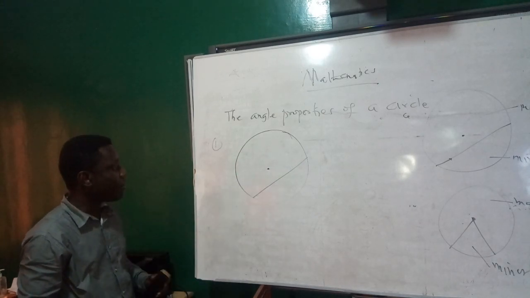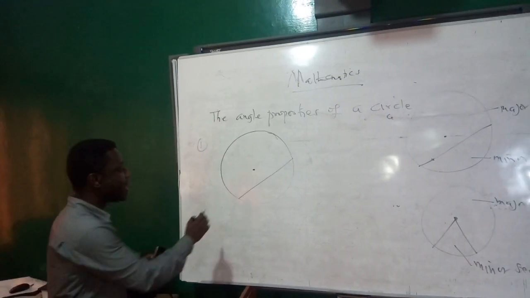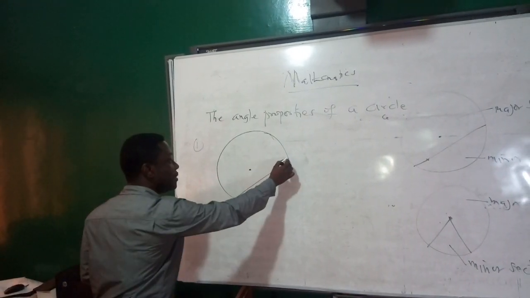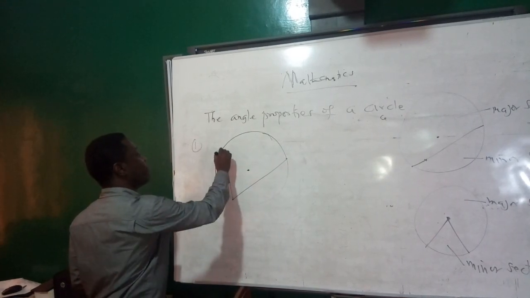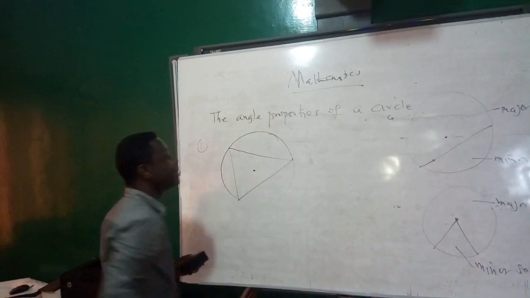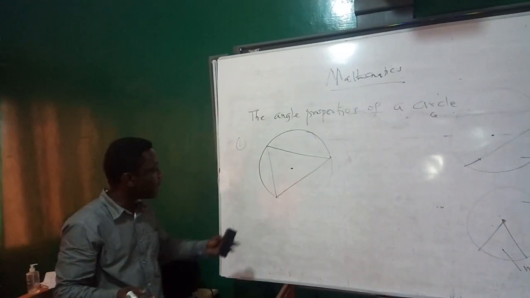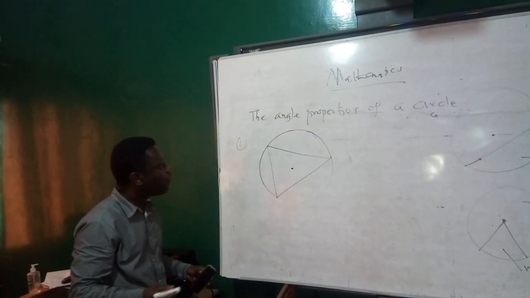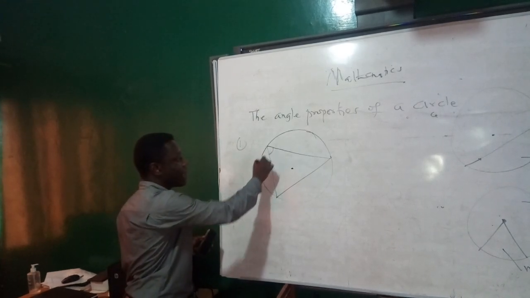If I'm restricting myself to the major segment, I'm saying that if the ends of the chord subtend an angle, and the technical word subtend in simple language is forms, so if the ends of this chord form an angle at the circumference,